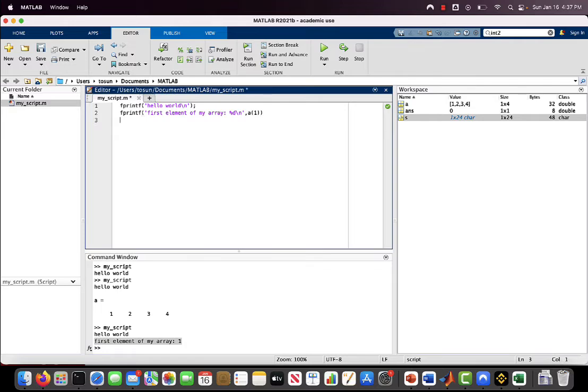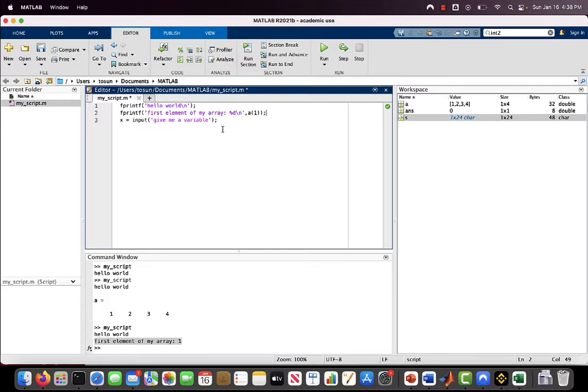We just need to use the input function. Let's say x equal to the input function, and I can print in here, let's say, give me a variable. Okay, and I will use a semicolon at the end